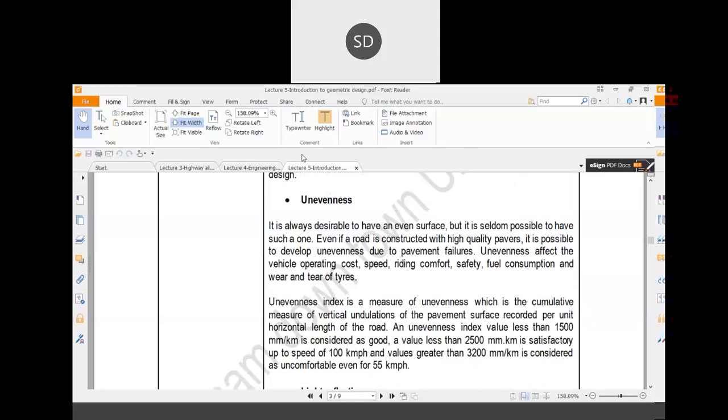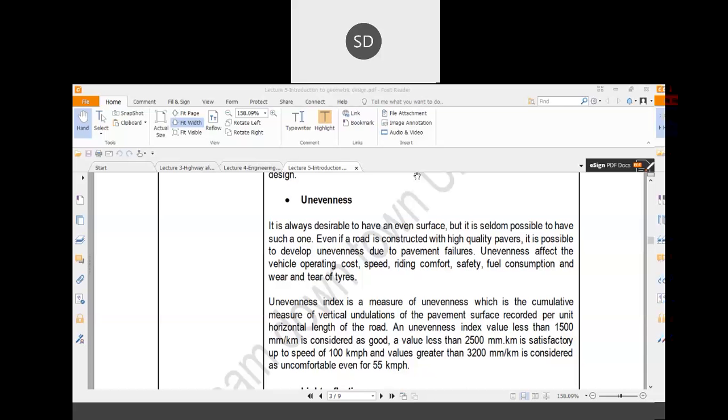Another thing is called unevenness. Unevenness means whether the surface is even or some undulation is there. If there is excessive unevenness, it will cause discomfort to the driving condition. So basically, that unevenness you have to measure. There are some indicators by which you can measure the unevenness, and that is called a bump indicator. Using that bump indicator, you can measure the unevenness, and there are some instruments by which that unevenness could be